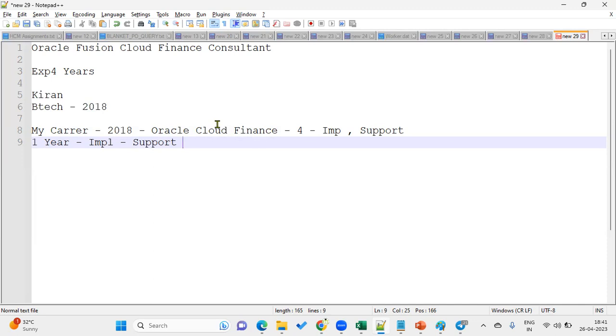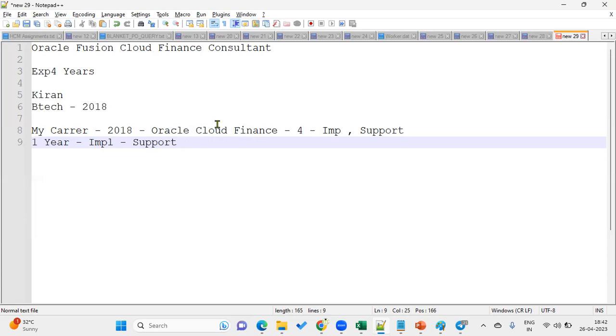And we are telling the interviewer that I'm flexible in implementation projects, support projects, and whatever modules we are flexible in, that we are supposed to explain. And we don't need to explain the details of the setups. We will keep it high level. I'm flexible to work with GL, AP, AR, as well as cash management and expenses. If required by the organization, I'm comfortable going with assets and taxes. It doesn't mean that I don't have much experience, it means I have less experience in assets and taxes, and these modules I'm flexible with.